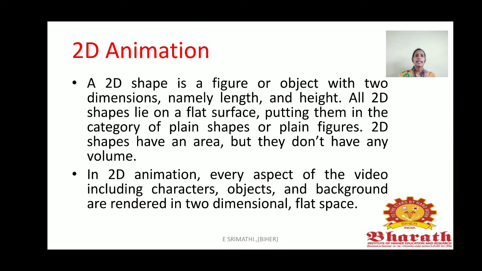So, when you are making an animation of those images, it automatically moves those images in that particular manner only. That is, you can't see the back end of those images. When you are seeing the front end of the image, we can't give the back end of that image. So, when you are designing this type of images, it is called 2D animation. But when you come to 3D, it gives you some advanced techniques and it allows you to move those images in all diagonal angles whatever you have.